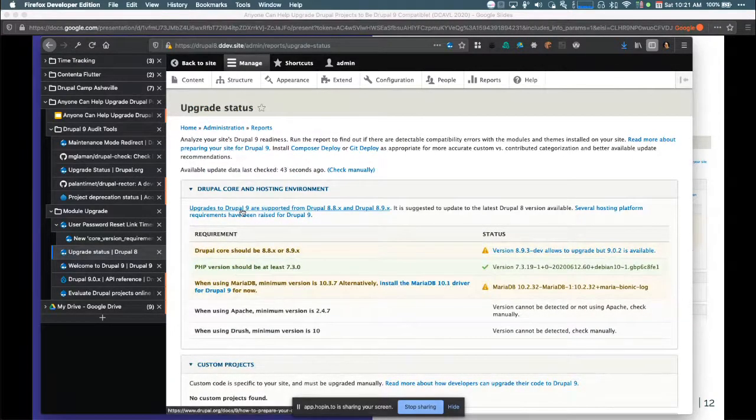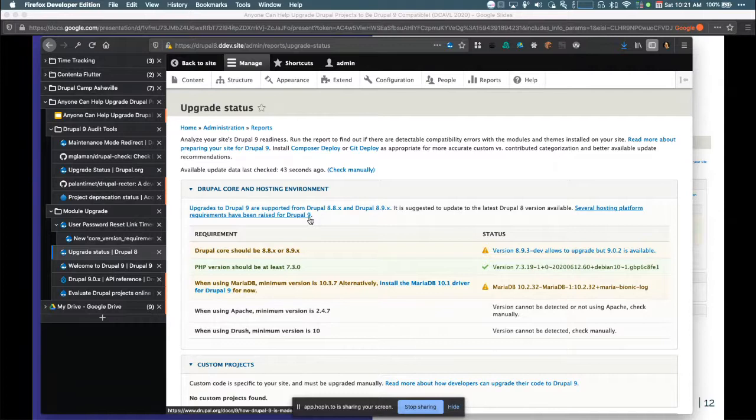And this is really cool. So it tells you all kinds of things. And by the way, I'm running these local environments on DDEV. Links are in the slides. So don't worry about that. But DDEV is a great tool for local environments. There are others as well, but DDEV is allowing me to run on this computer Drupal 8 and Drupal 9 and other projects that I need.